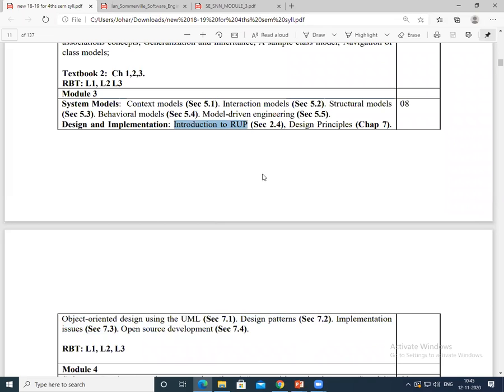Meanwhile we'll complete all of module 3. For internal you have to study all these points, and for external you can plan which model to choose, based on your capability to understand the topics.